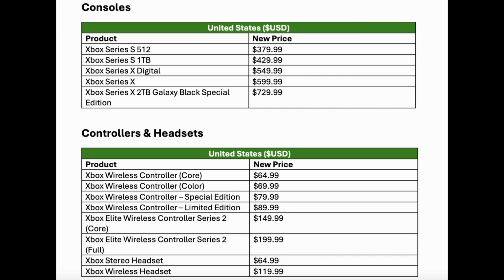Microsoft recently increased the cost of several items for their Xbox platform, including the cost of consoles, controllers, games, and accessories. These GPUs are made at the same factories as Xbox consoles, so I feel good having paid just the original MSRP of the card in the event that prices increase like they did for the Xbox. An Xbox Series X with a disk drive now has an MSRP of $599,